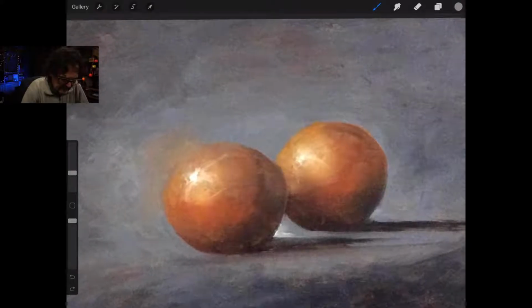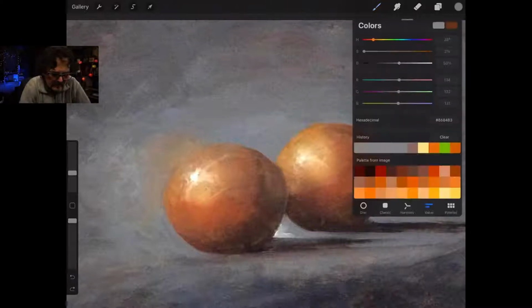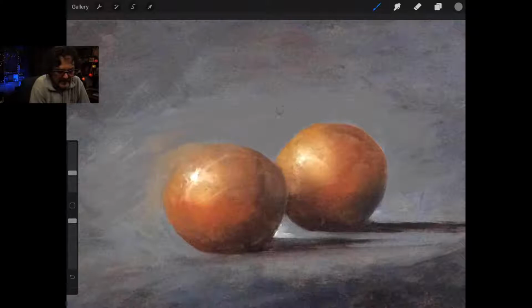And then let's see. So what happens if we take that warm gray, and what if we knock it down from 53% to 46%? And again, these values may be much more subtle.